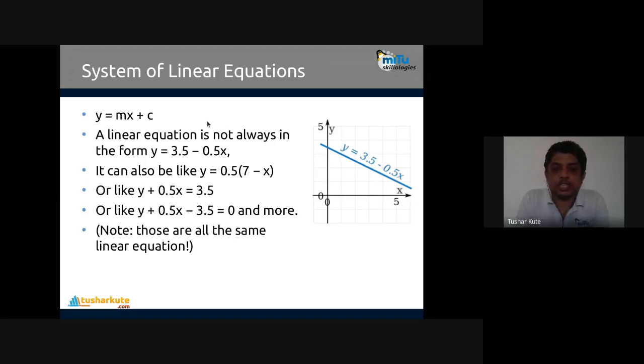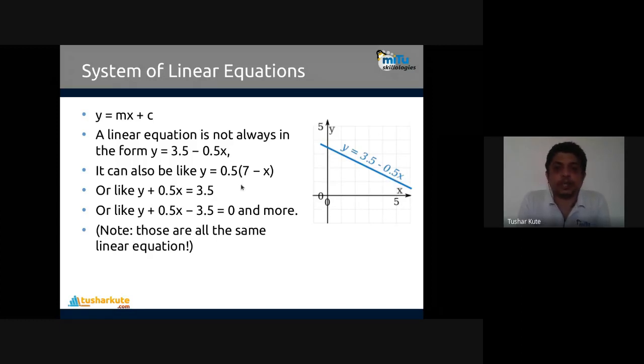Here m is the slope and c is the intercept. You can see this one here, it's intercepting at 3.5 something, and 0.5 can be the slope of this particular line. Accordingly we can generate it. Here y is equal to 3.5, the y-intercept, the slope of the line is 0.5, and then multiplying with the x value. So accordingly this line is drawn here.